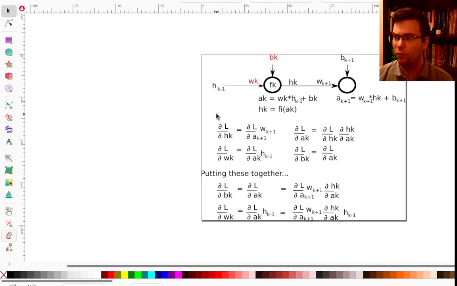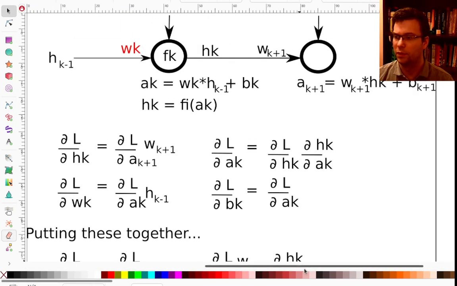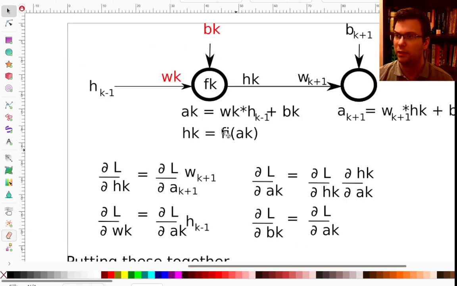Let me just say I'm in the middle of a big old one of these things and I want to understand the influence of this process on just one of my neurons in the middle. So what I can do is realize, okay, here's the dependence that I have. Turns out if I can remember what the derivative of the loss function was with respect to a k plus 1, which is just the linear part, so the weight times hk plus the bias. If I can remember the derivative of that,